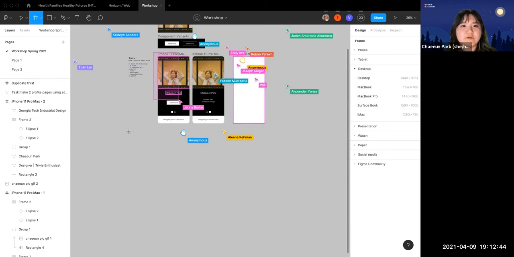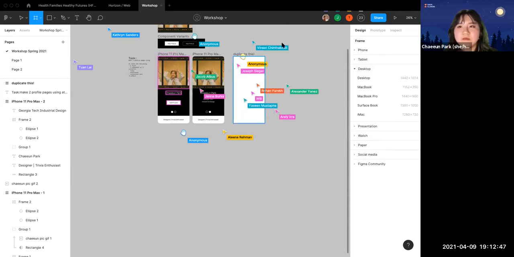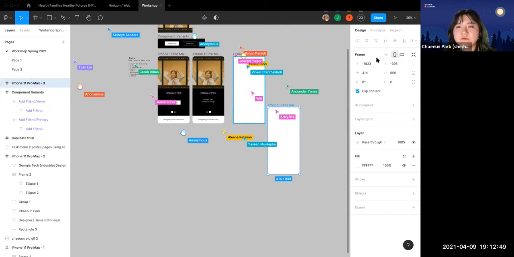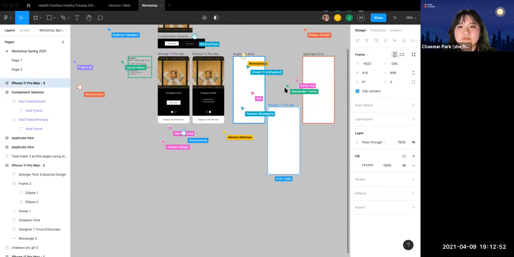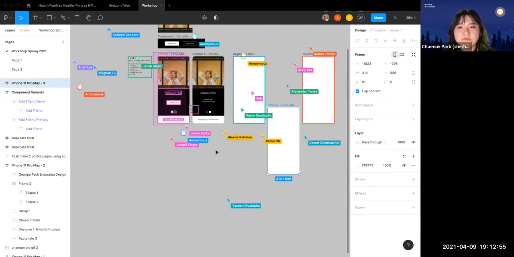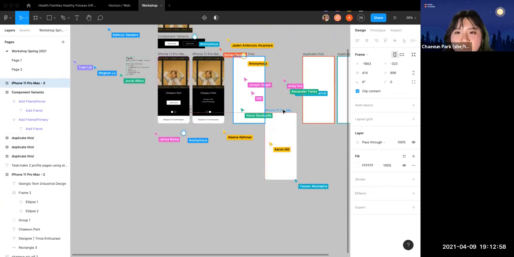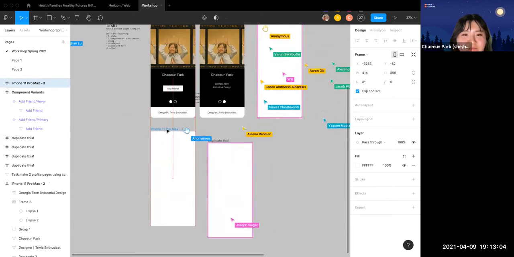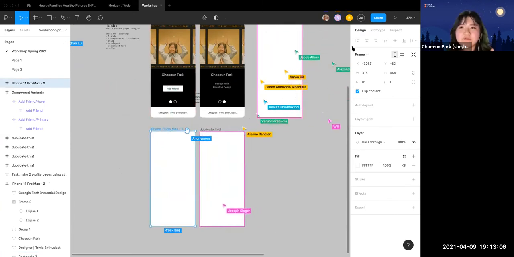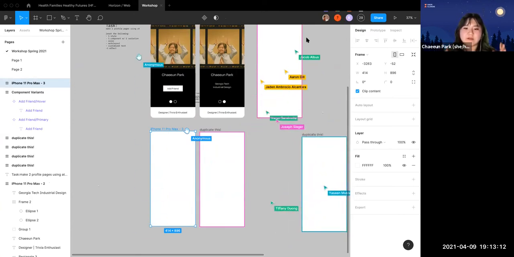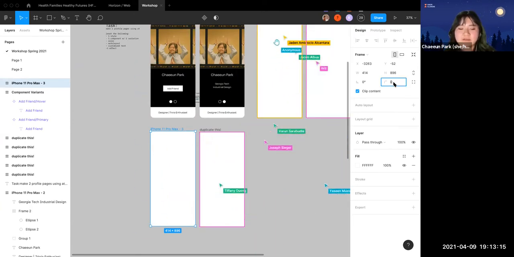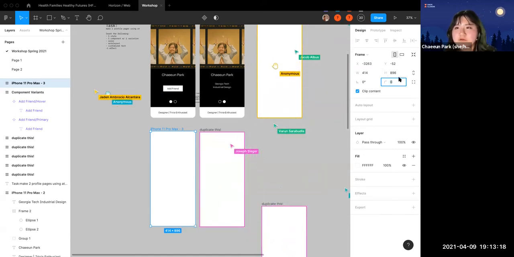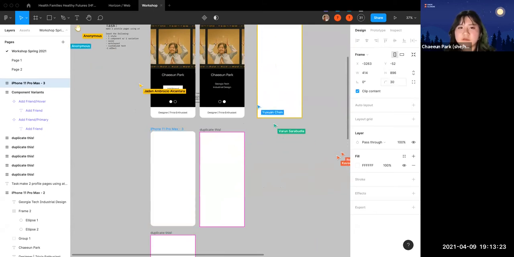So I'm going to create a new frame here. And I chose the iPhone 11 Pro. They have a lot of preset sizes, which is super useful. So I'm going to move that over. Oh, wow, there's so many cursors flying around. Okay, so I have my frame now, and I usually like to edit the corner radius of my frames, especially if I'm using it for an iPhone, just so it has that rounded look. So if you go to the right here under frame, you can edit the corner radius, and I'm just going to set it to 30, so it has that